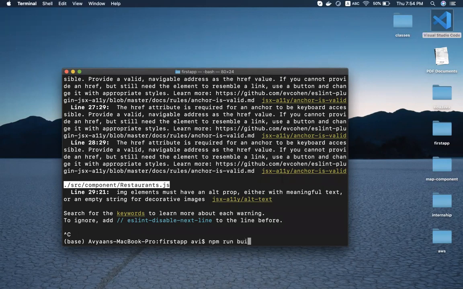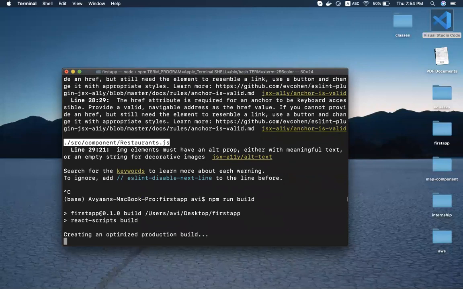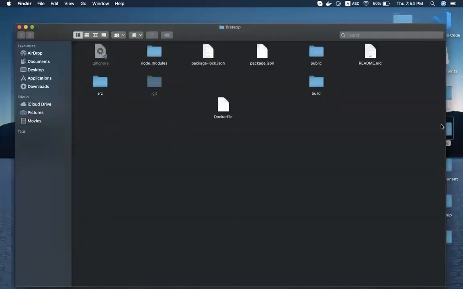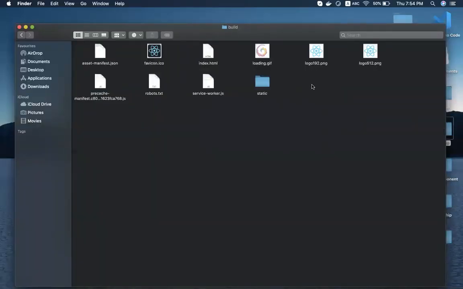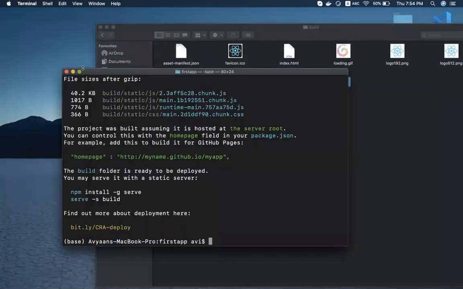This build is going to create one build folder of our application, and that build folder will go to production. In this build, my complete application got compiled and is ready to consume.